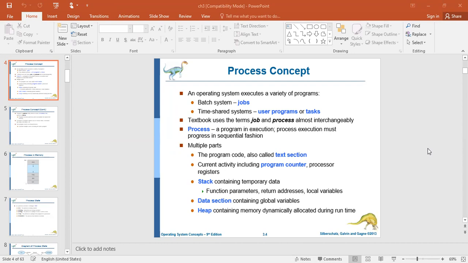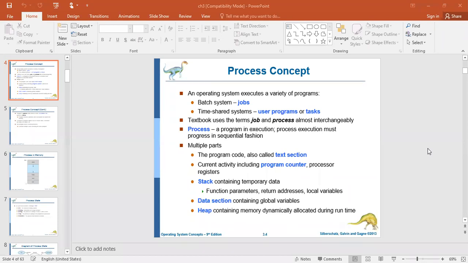In order to keep track of all the instructions which are loaded into the stack or getting executed, we use a counter. What is the name of the counter? Program counter, which keeps track of the address of the next instruction to be executed. Once again, I'll repeat: the program counter contains the address of the next instruction to be executed by the processor.